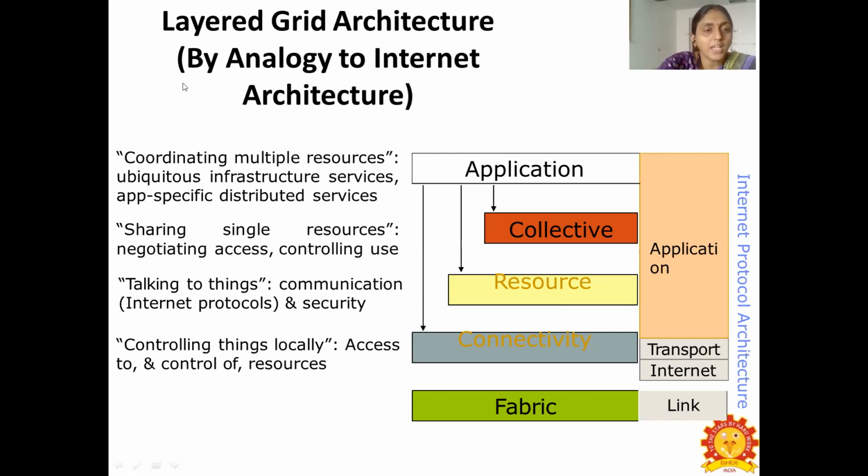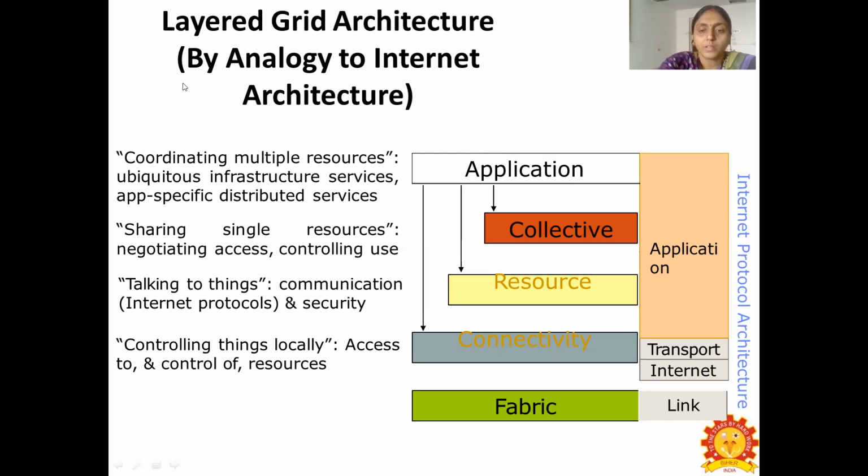And another layer sharing single resources, negotiating access, and which also control the use. And the next is talking to things, that is communication, which involves the internet protocols and security. And here even the control of the local things, that is access to and control of the resources, are also